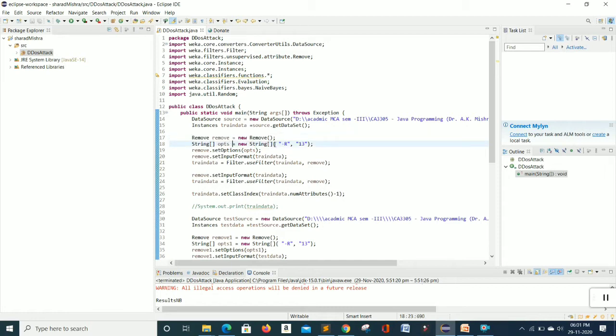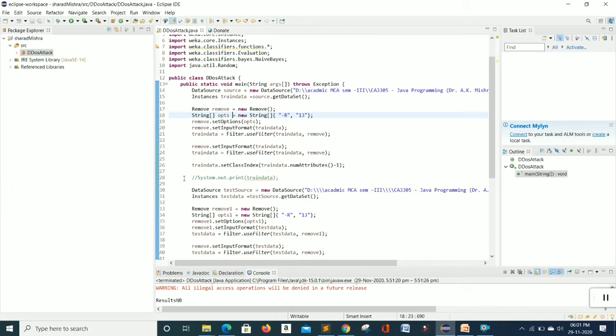We store those attributes in a string array, and that array is passed as an argument to the remove class. Here in the train data, when we remove the attributes from the dataset, we can see what our dataset is now.